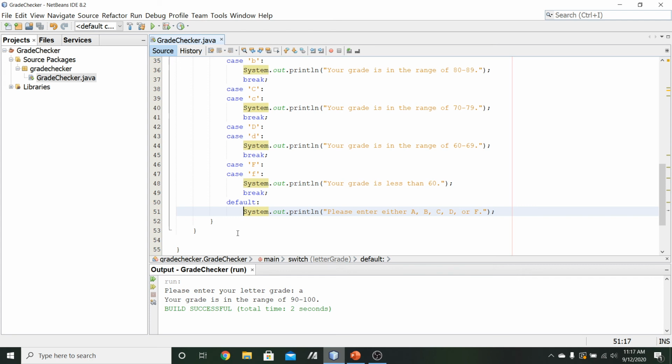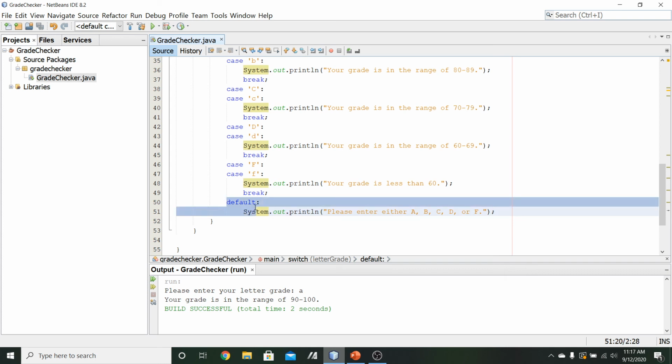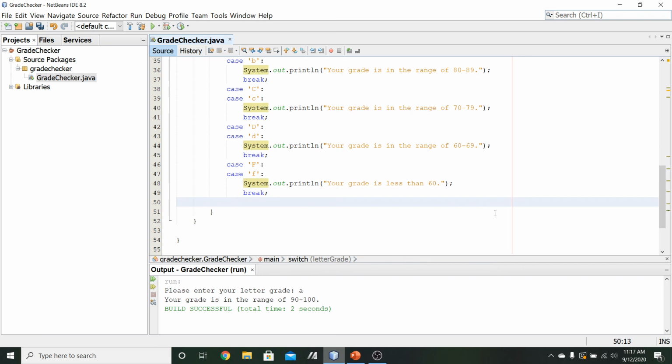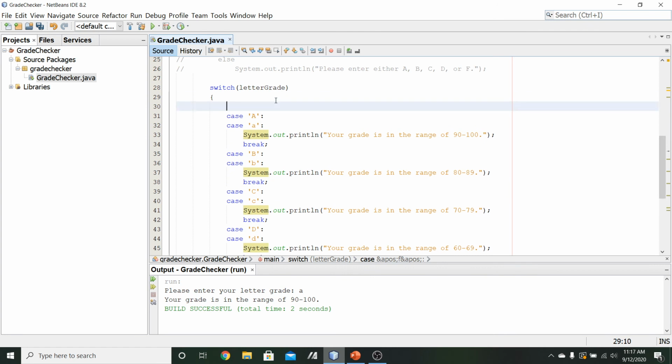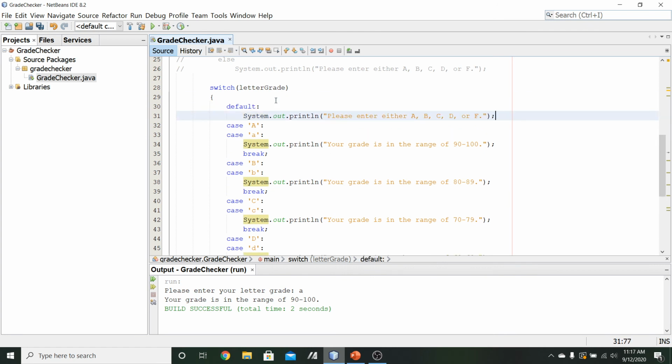But an interesting thing about the default statement is that it doesn't necessarily have to be at the bottom, although I would highly encourage you to leave it at the bottom. But just to demonstrate the flexibility of this case, I'm going to take that and move it to the top. Just place it right here. And if I place it right here, and I run this,